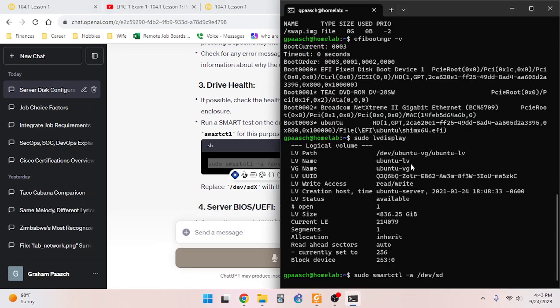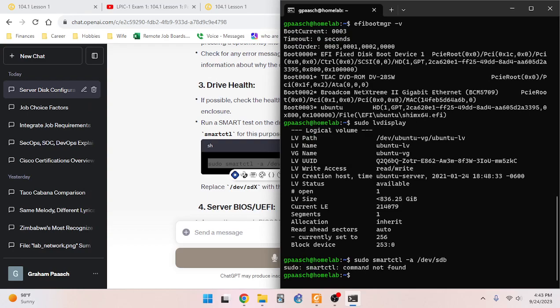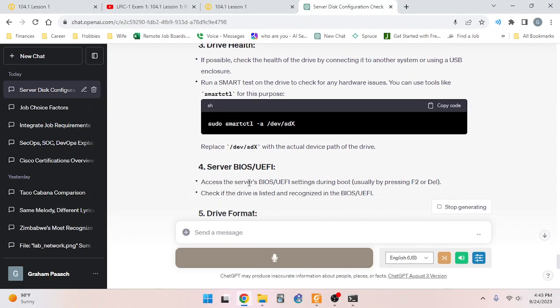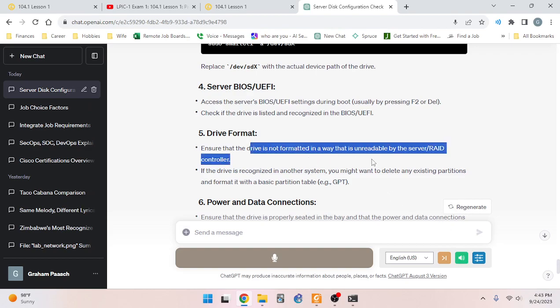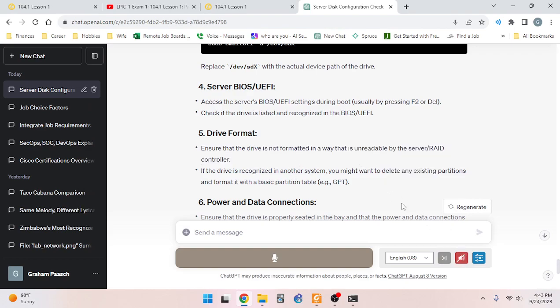3. Drive health. If possible, check the health of the drive by connecting it to another system or using a USB enclosure. Run a SMART test on the drive to check for any